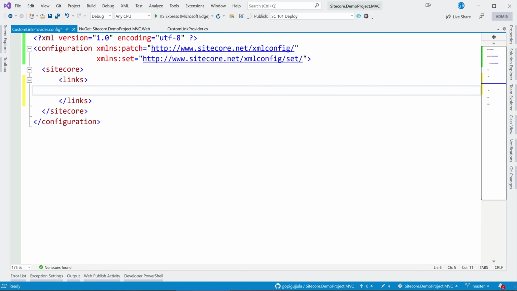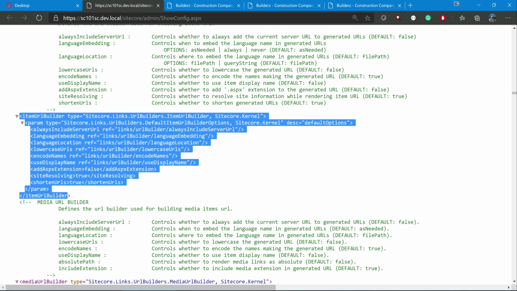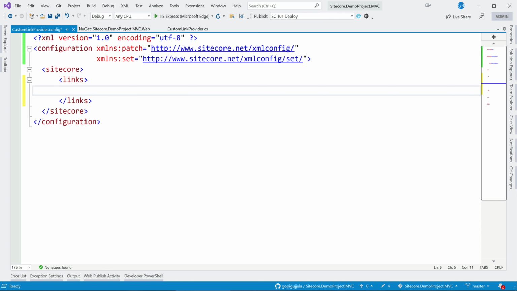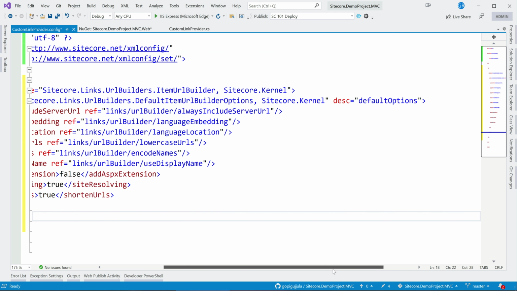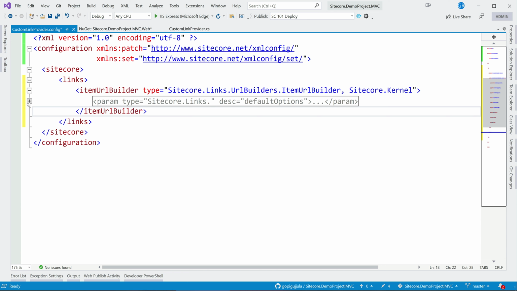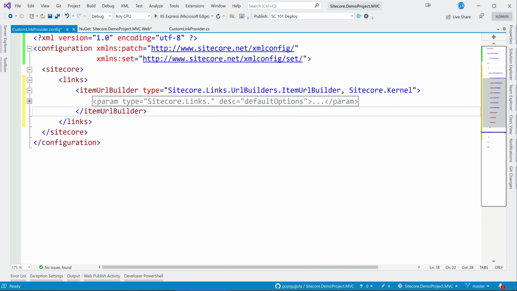Okay, added links. Now next, I need to copy this whole. I can copy this. I'll show you later how extra we can modify. But what I'm doing is just overriding all this piece. So this will remain as it is. I'm not going to change it. If I want to change, I can change here, or I can change while calling, but let's leave it like this. The main thing I want to change is here. So instead of this, we can patch, but if we add this like this, it will not patch properly. We need to do either patch after, patch before, all these things.